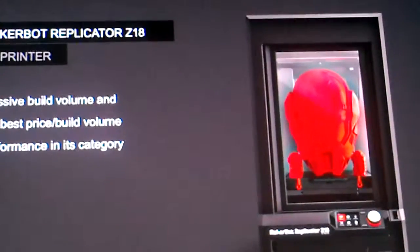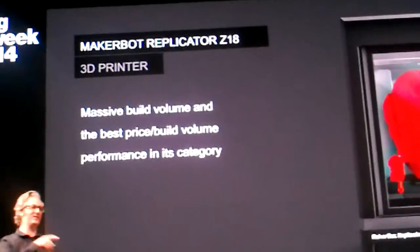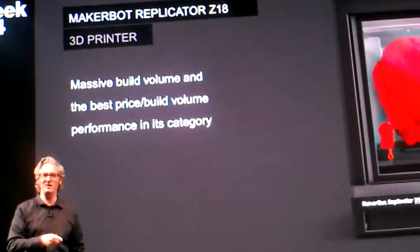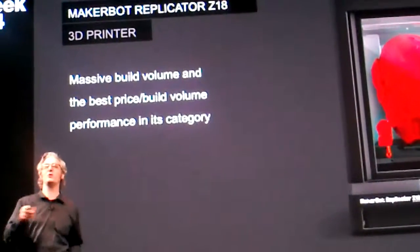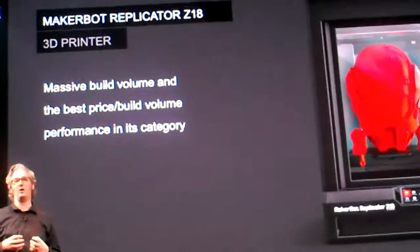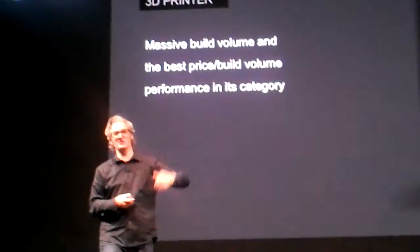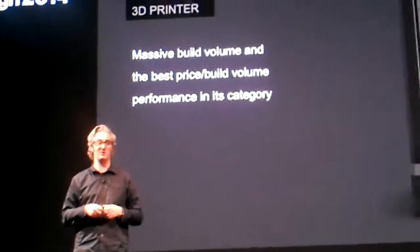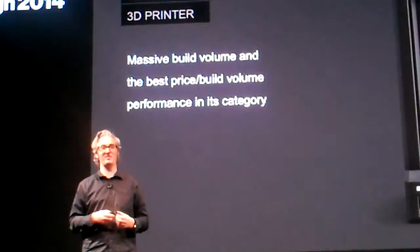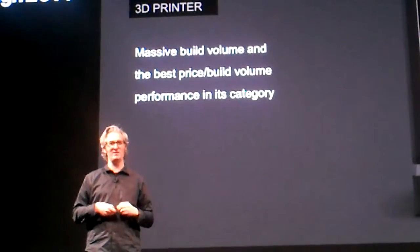Now it's interesting, people who haven't had a 3D printer look at the Makerbot Replicator Mini and go, ooh, yeah, that's how I can get in. If you've had a 3D printer before, or used one, or used a service, you look at this and you just go, oh. Because it makes things that are 12 by 12 by 18 inches. And that's like a full-size bust or a big thing. And it's funny, we had Martha Stewart in the booth, and I thought she'd want the